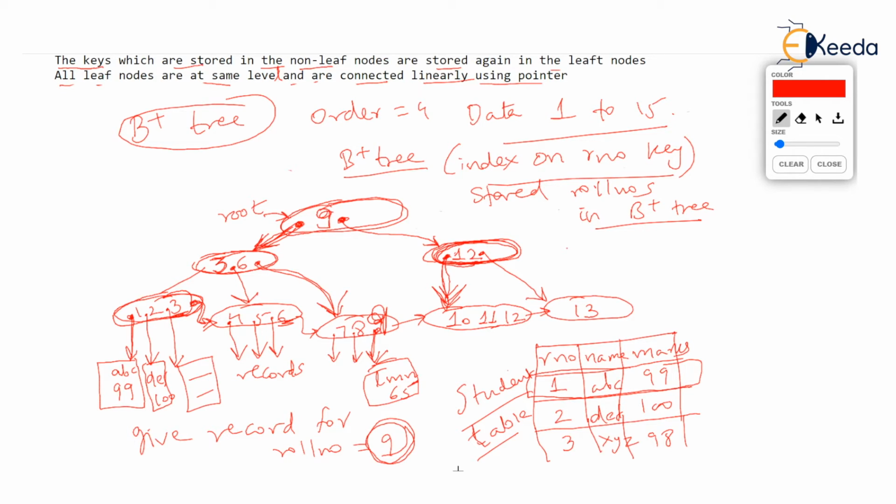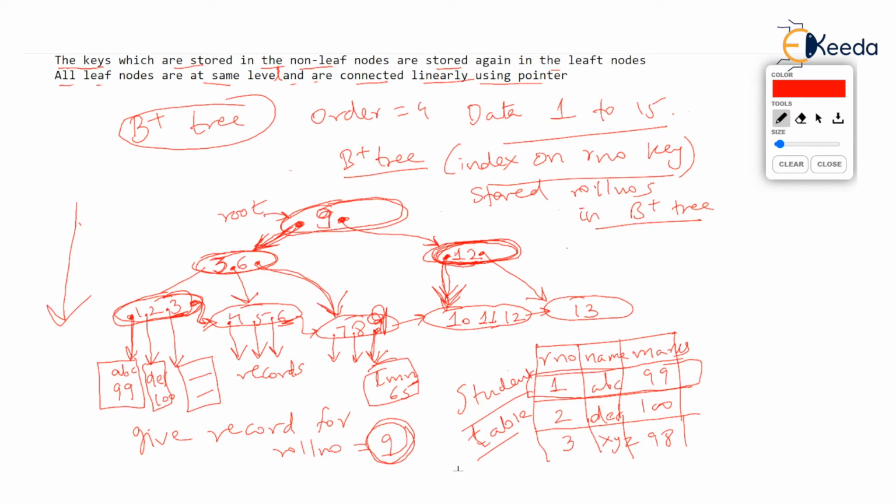And just imagine that we have 1000 records. Then searching one student with roll number 9 is going to be time taking, isn't it? So what the DBMS does is it creates an index. Of course, we have to create an index by giving a command, but it creates an index on roll numbers. So roll number search will be very fast because this is a fat tree with less depth. So searching will be very fast.